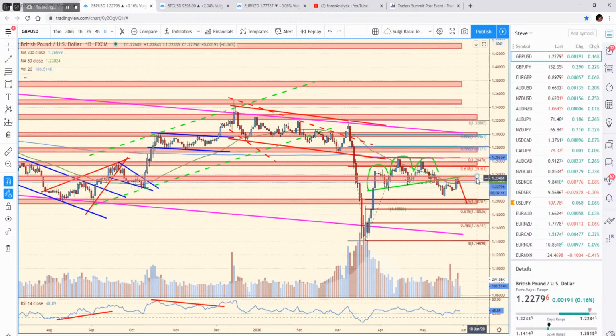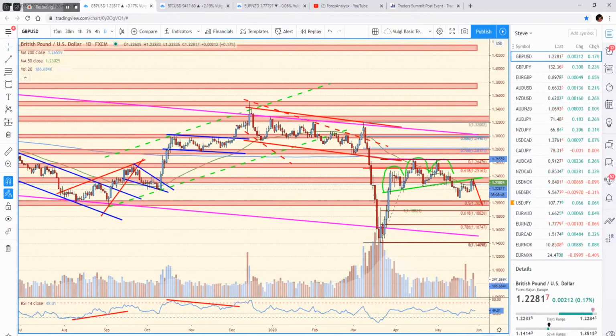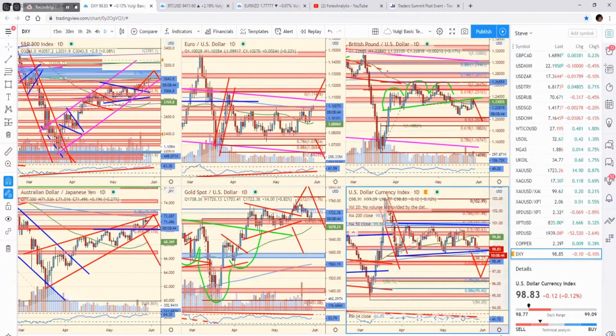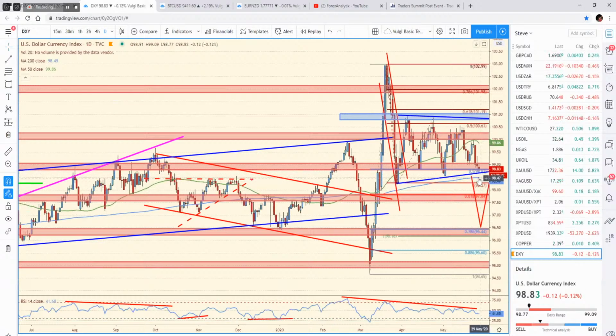So as long as we trade below like 123.50, I think that the risk reward favors short positions. Now, above that level, it's a totally different game. But from a risk reward perspective, considering where we currently are and this area of resistances, I think that looking to the short side makes sense. Add to that the fact that, as we said before, the DXY is at support as well, and